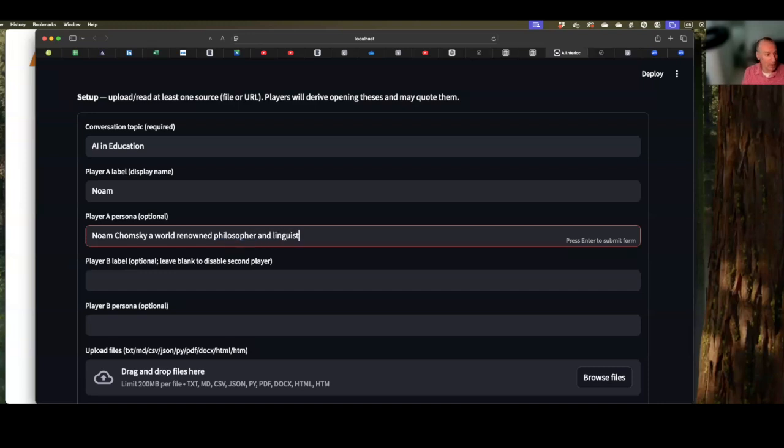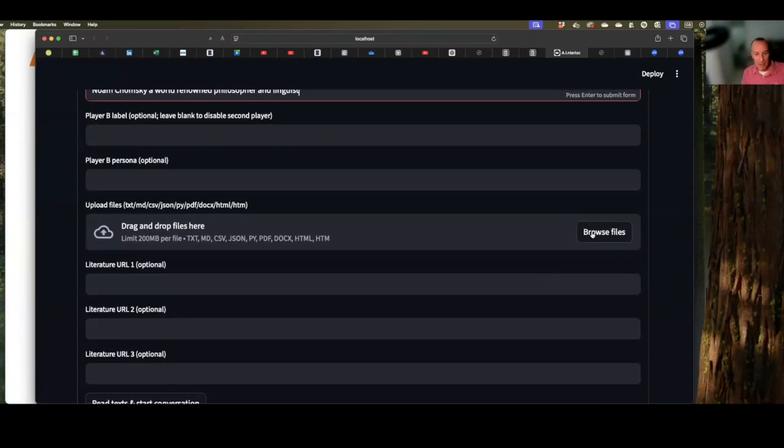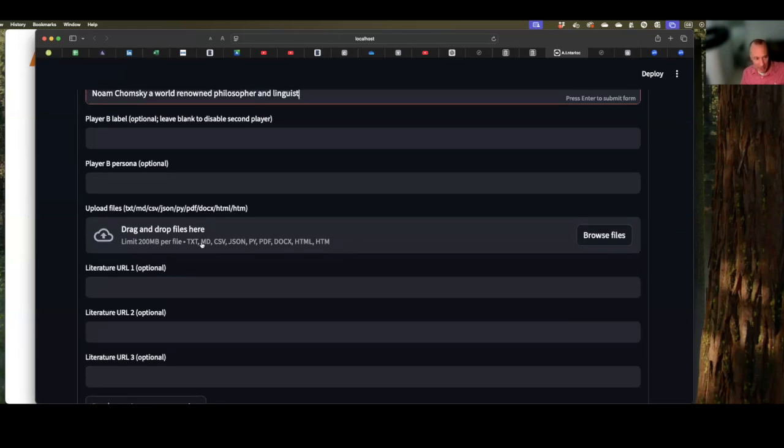I'm going to stick to one. I can do another player if I wanted to, and then I can just drag. One of the things I've tried to play with is text, and it can do text. It should do PDF and Word, but it doesn't. But for the purposes of this, I'm going to use web resources rather than